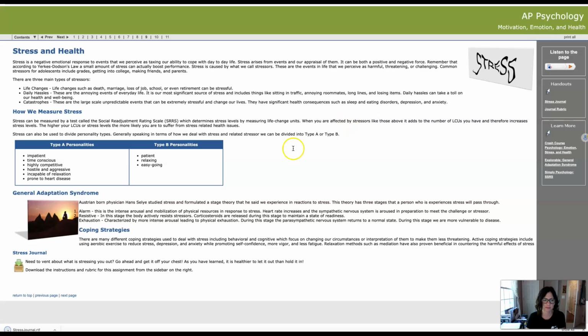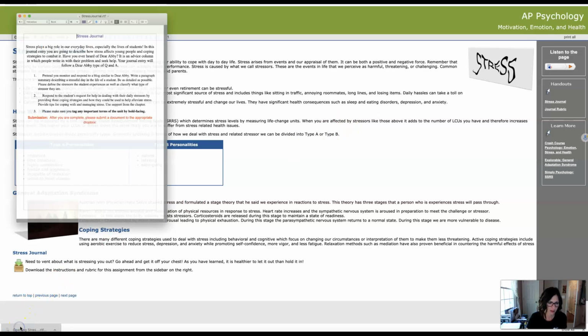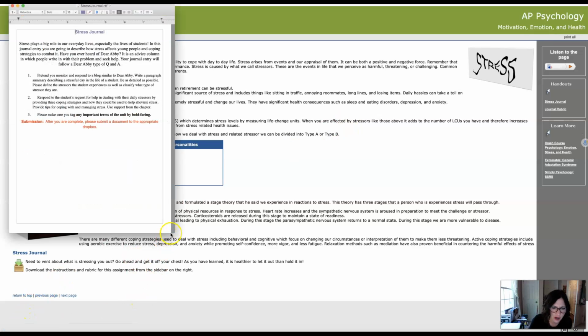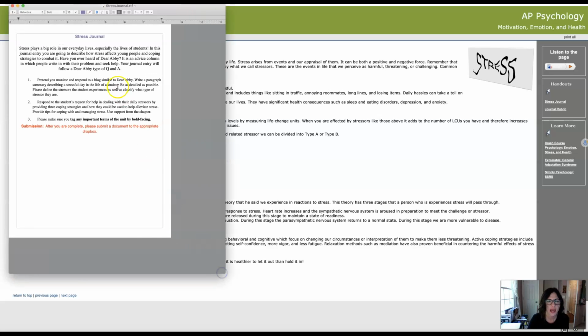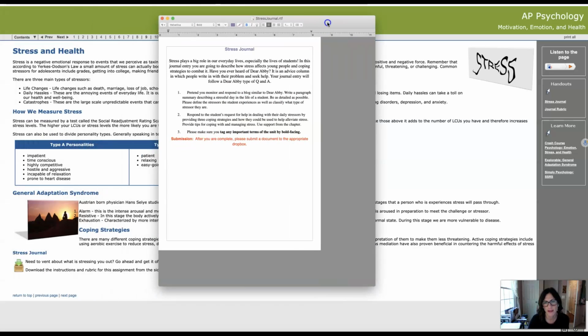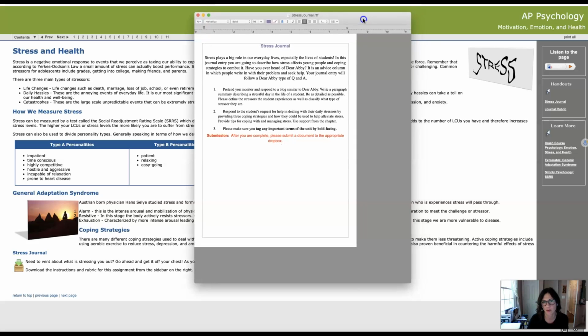So I'm going to open that up. And this is in an RTF file. And RTF is a format that can be opened by any type of processor. If you are having difficulty opening it, then just do a quick Google search that says opening an RTF using Chrome on a Mac, or opening an RTF using Explorer on a Windows computer or something like that, and you'll have instructions that will allow you to open the